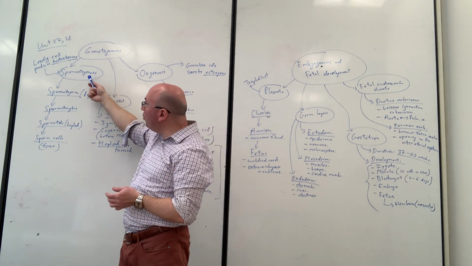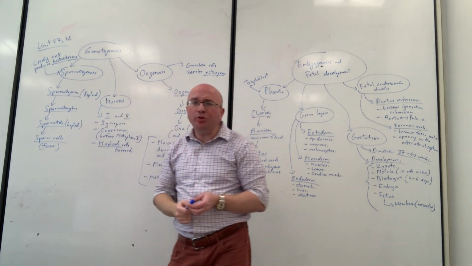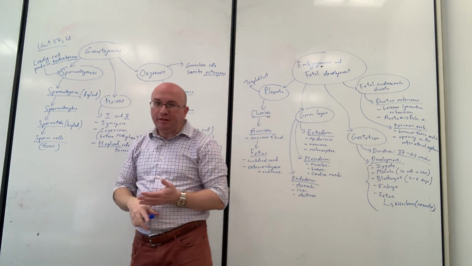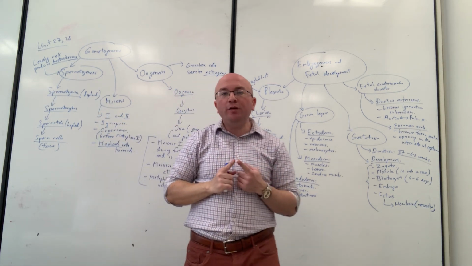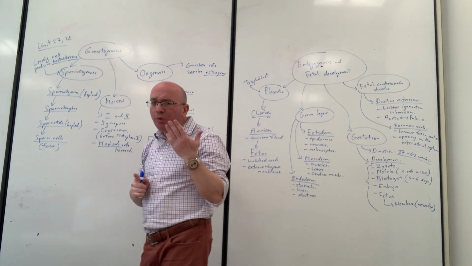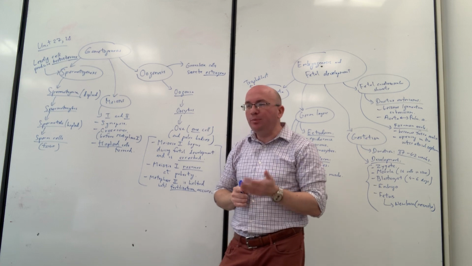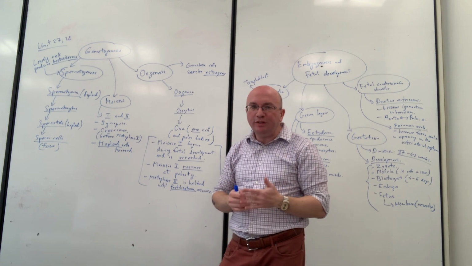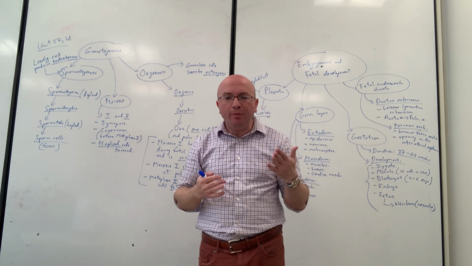So when the sperm forms, you'll see in the book, they'll show you pictures of multiple different steps involved. I'm going to summarize this here to keep in mind that at first we start with what's called diploid cells, and we wind up with the haploid cells. Diploid cells are the cells that have the full number of DNA. Haploid is the half number of DNA. Remember, we need to have half number of DNA